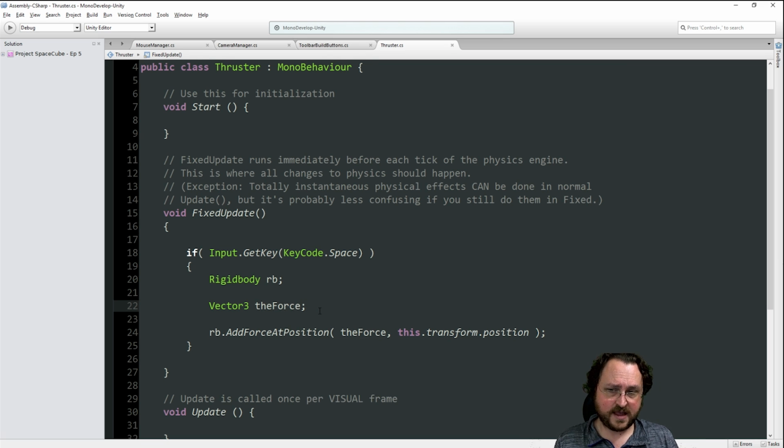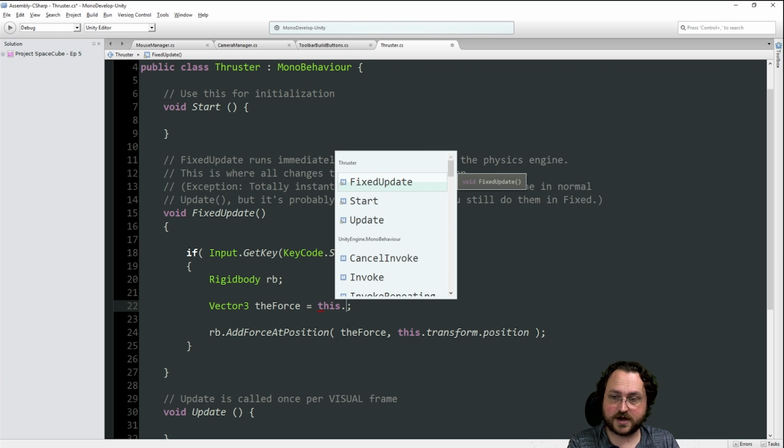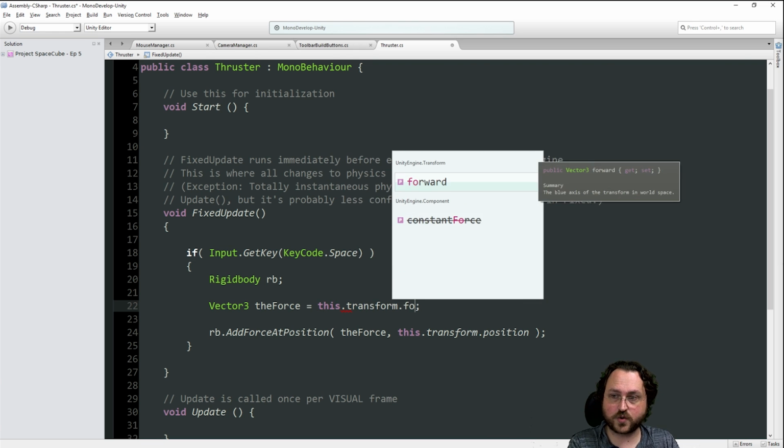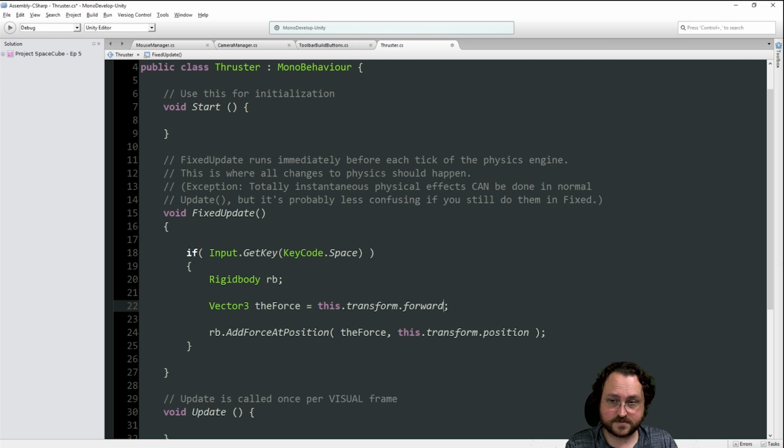What is the force going to be? This is going to be a force applied in the direction that the thruster is pointing. Trying to remember our orientations, we may have to do an inverse on this. So we want to apply some force in the direction that the thruster is facing, which is this.transform.forward. Again, we may have to inverse this. We'll figure it out. Times